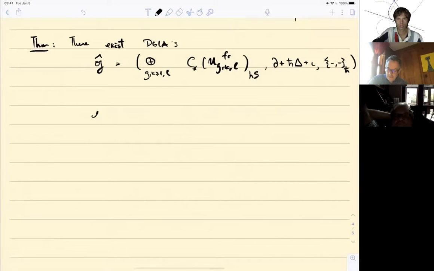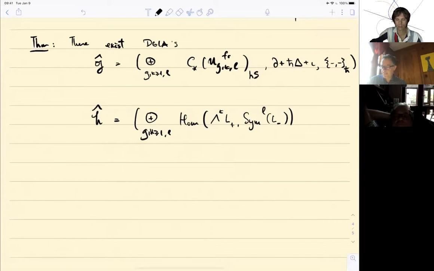And similarly, another H hat, which is direct sum over all g, k greater than or equal to 1 and L, Hom of wedge^K L plus, Sym L of L minus, with differential b plus uB plus h bar delta plus iota, and the bracket is again this bracket h bar,